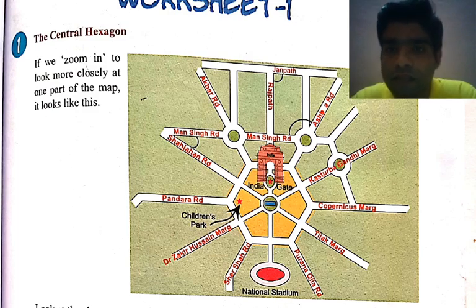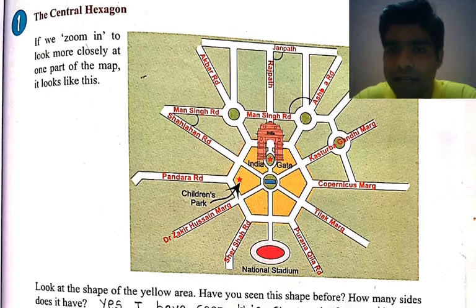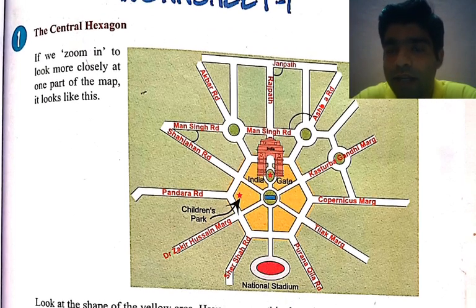Now see the first one, Mansingh Road and Shahjahan Road. No, this is not a right angle. The second one is Mansingh Road and Ashoka Road. This is not a right angle either, because it is an obtuse angle, between 90 and 180 degrees. But your question asks for the right angle, exactly 90 degrees. The last one, Janpath and Rajpath, is the correct answer. This is exactly a 90 degree angle.